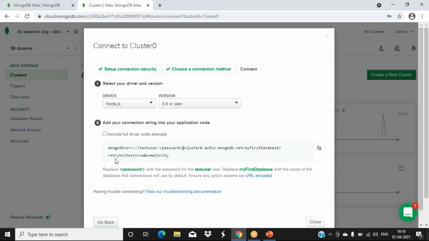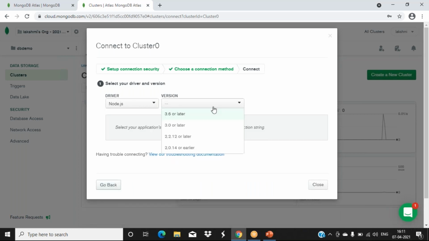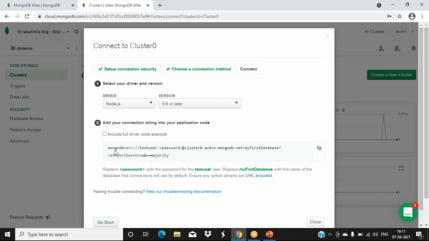Now see, this link will be there, and we have to copy it. Before that, I told you to select which language you want to connect with. That also we have selected, and its version also. Then automatically this link is created for you. You can copy this and paste it in your application. Okay, so this much is done.